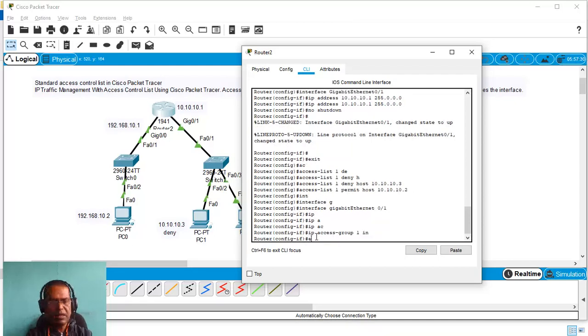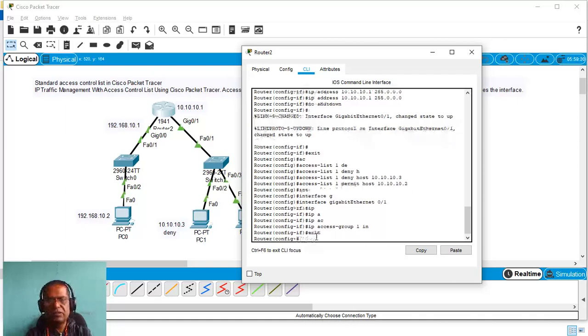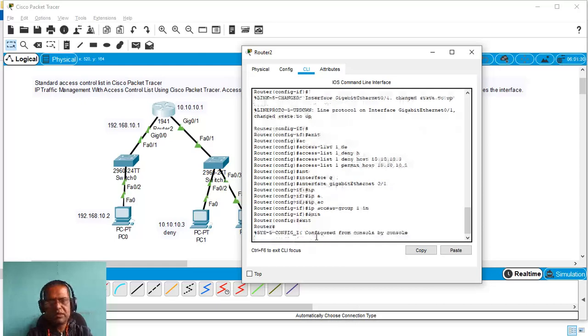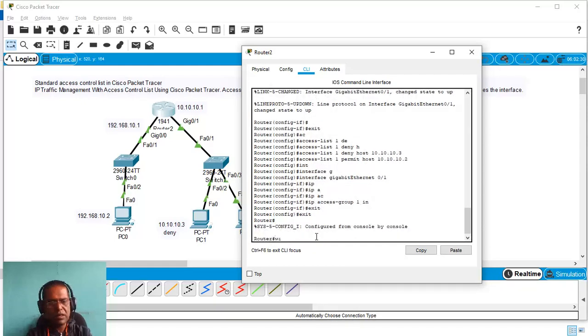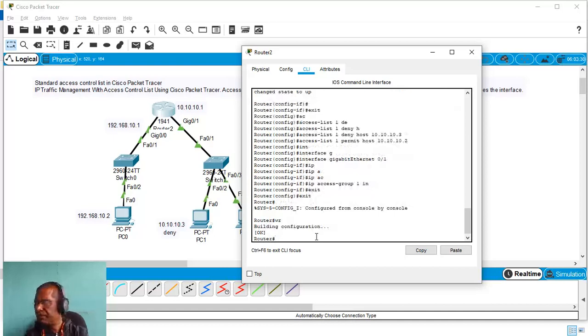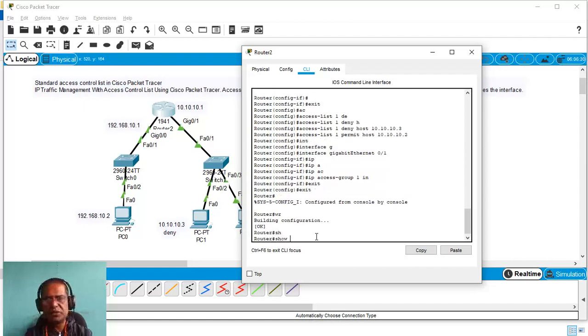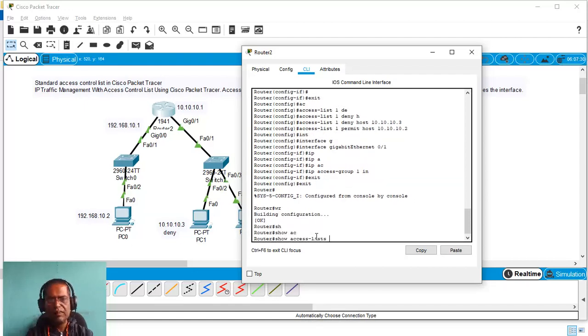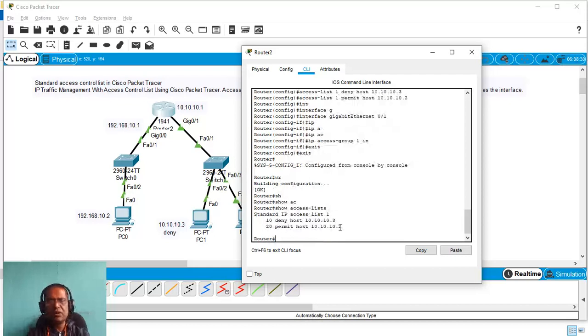Then I will exit, again I will exit, and I will quit. Now I can see the access list that we have created by the command show access-list. So it is going to show the access list that we have created.